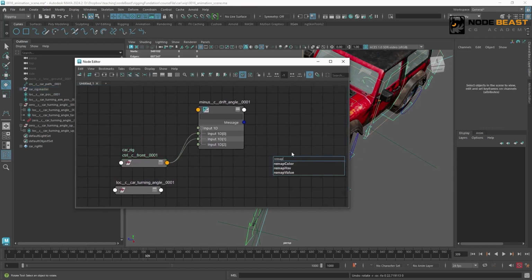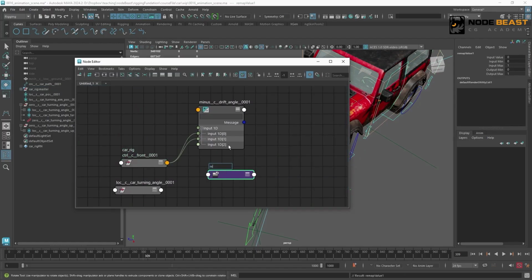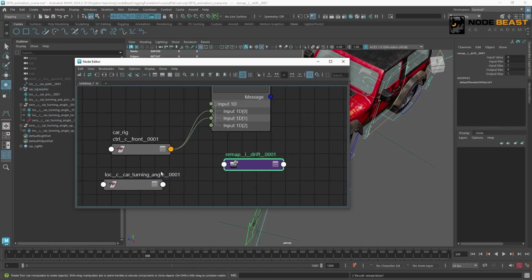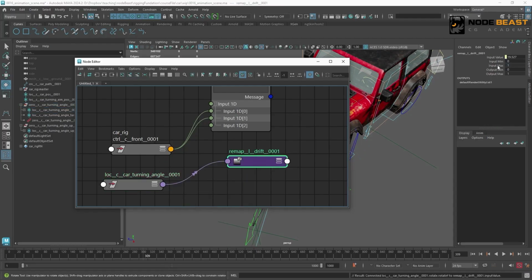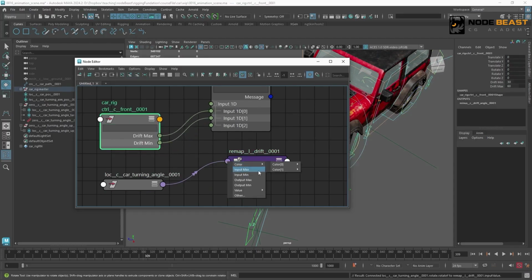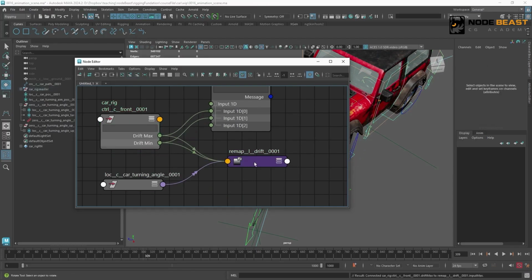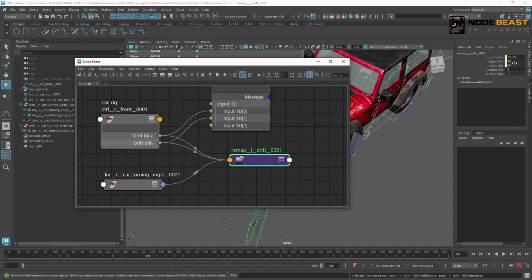We create a remap value node. Rename it to left drift. Connect the locator's rotate Y here. Then its angle range should be the max and min values we set on the front controller. Then remap it. So when the rotation enters 30 degrees, the front controller starts rotating from 0.